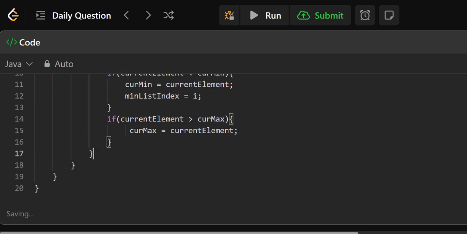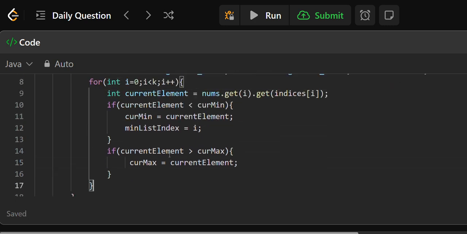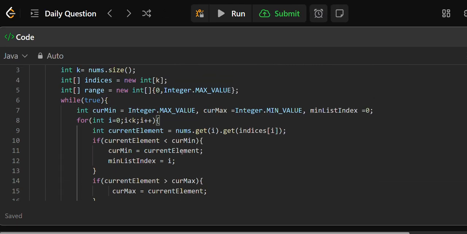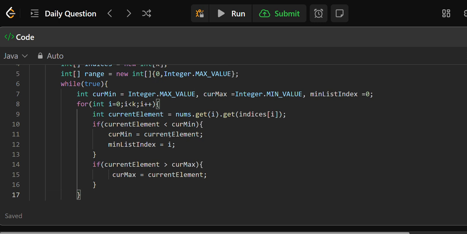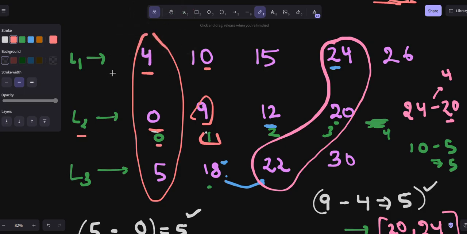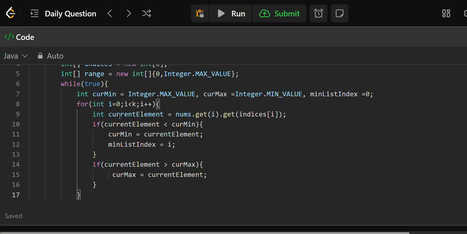So this is what I need to do inside this for loop. Let me just decrement the size of this one. So I am picking the current element, whatever the current element I'm getting, and for that particular current element I'm updating, one by one. So here, see,